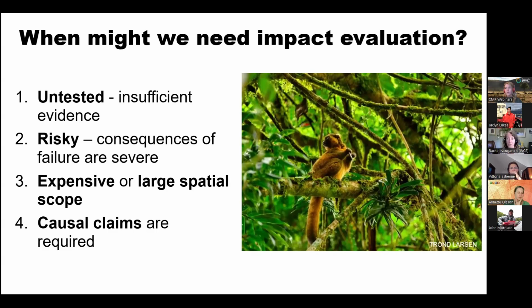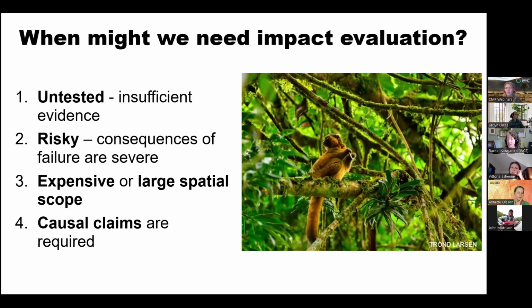Risky. So somebody put this high uncertainty and high risk. So I'm thinking of this work I did in Madagascar. We were working in a place that was, by definition in Madagascar, every species there is unique to that place, often highly endangered or critically endangered. So the stakes of getting it wrong are really high for the biodiversity. Also, you're working in communities where people are extremely vulnerable, right? Really high rates of poverty and food insecurity through much of Madagascar. And so the risk is that you're both wasting resources on strategies that may not be effective, and also the impacts on those vulnerable human communities may be very high.